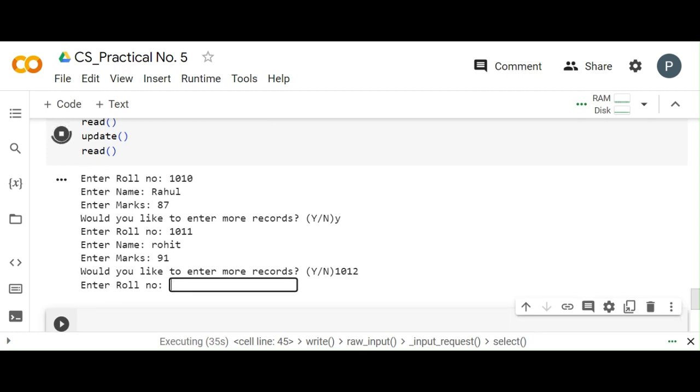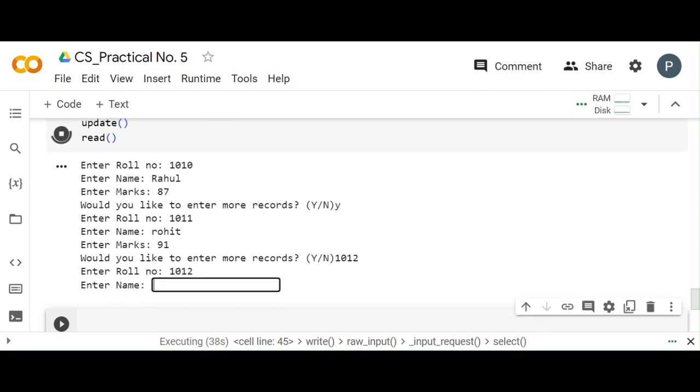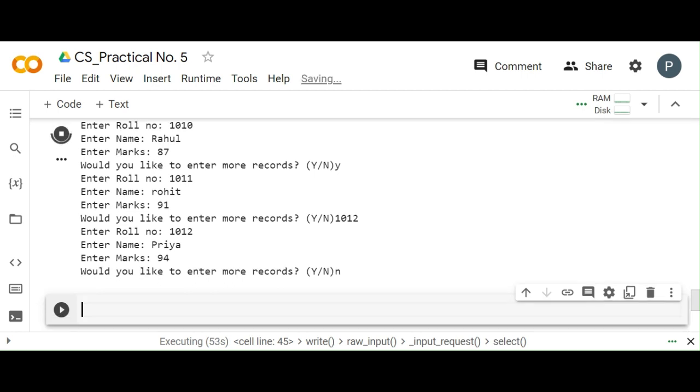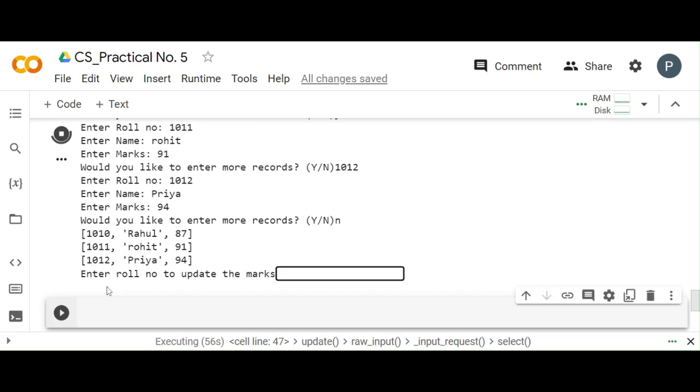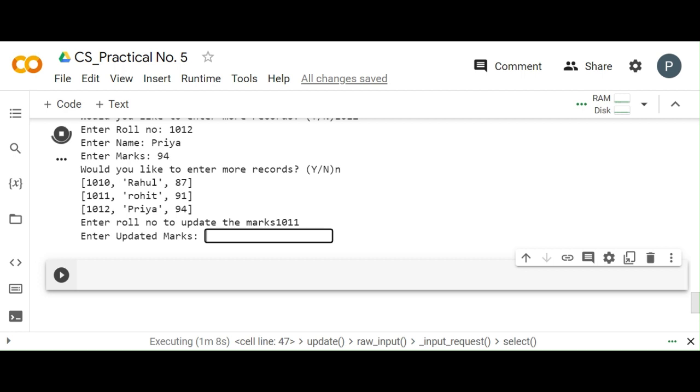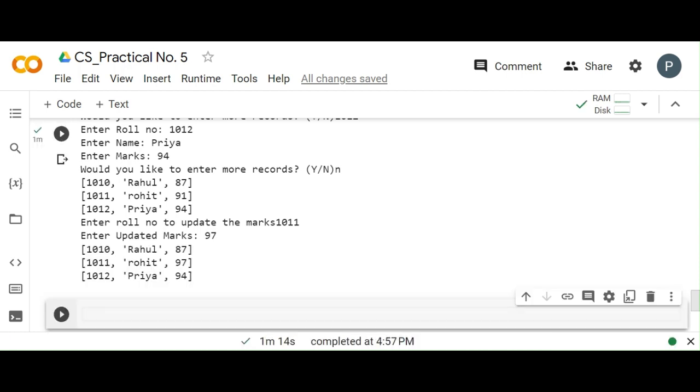Roll no 1012. Enter name. Enter marks, suppose the person has scored 94. Would you like to enter more records? No. So this is our roll number 1010, Rahul 87. This we are getting roll number, name and marks. So if I want to update the marks for Rohit, so I will simply enter 1011, enter the updated marks. So suppose a person has scored 96 and 97. So this 91 has changed to 97. What if